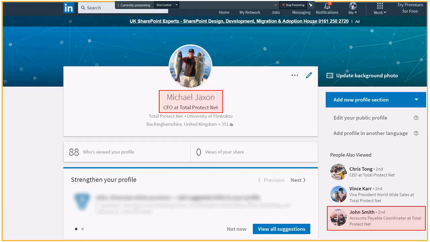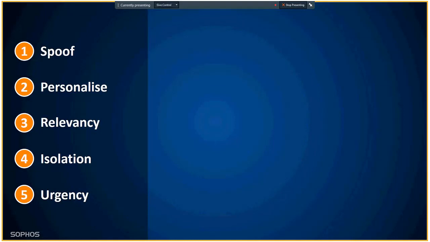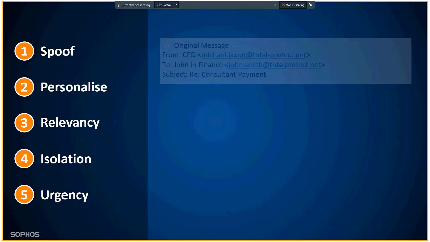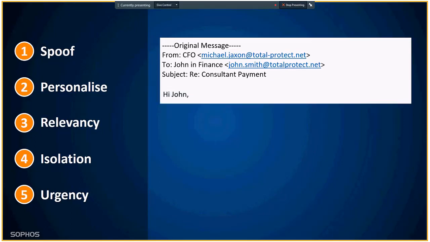All I need to do is, now that I know the domain, I can search and get the email addresses, and then I can spoof and send an email to John Smith, because I can see the email addressing format is john.smith, that's first name dot surname at domain.net. So if you look at the email from Michael Jackson, it's actually total with a dash. The original one doesn't have a hyphen in between. So he sends an email to John, and